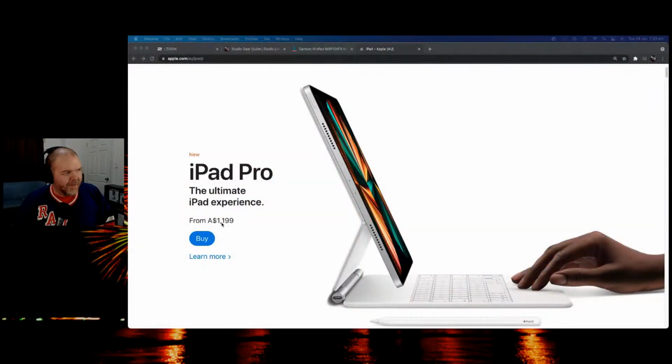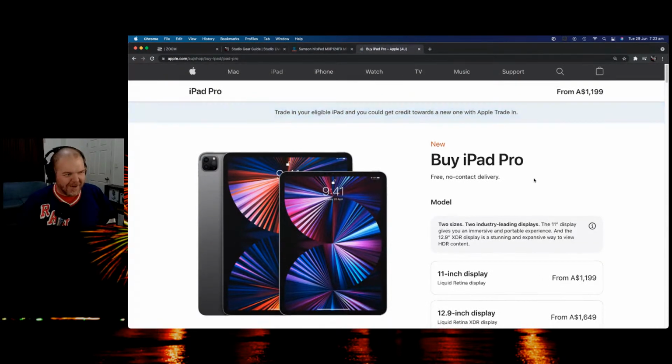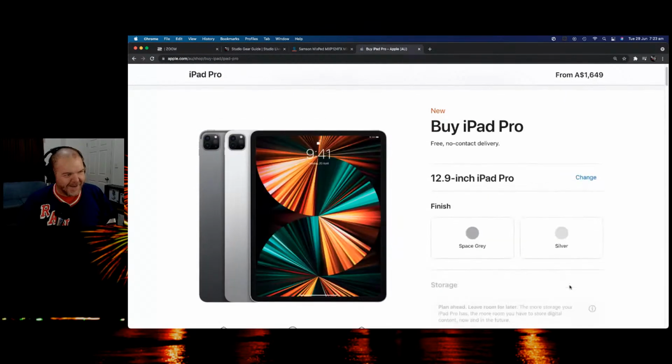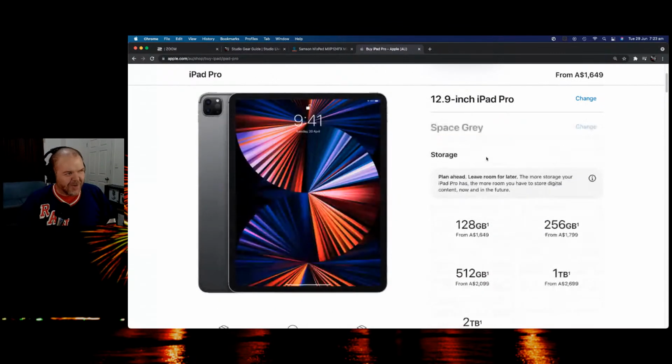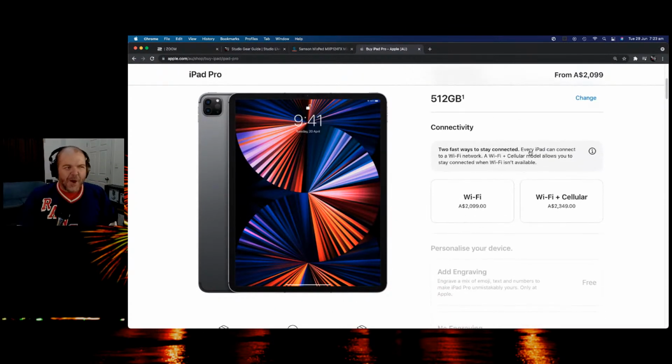So, yeah, let's just say that if I wanted to get a 12.9-inch iPad Pro, what is the actual cost? So, iPad Pro is from $1,199. So, I could get the entry-level M1 iPad Pro 11-inch. I know it's not the 12.9, but I could get that for $1,199. So for like $300 more, I could get a brand new one, and I could even get the Liquid Retina 12.9-inch iPad Pro for $1,649 or $2,000. So who's paying us out?